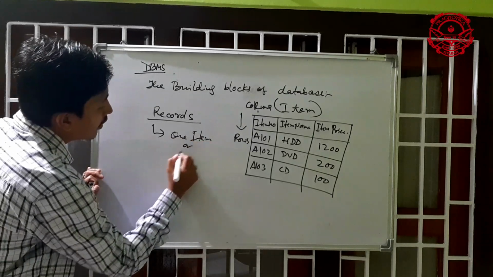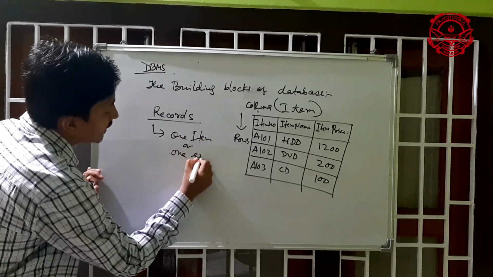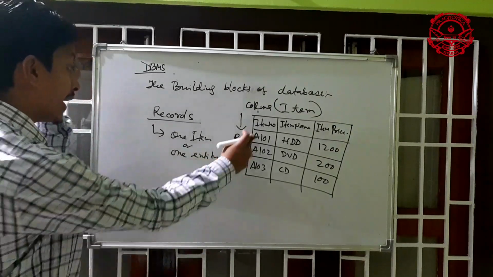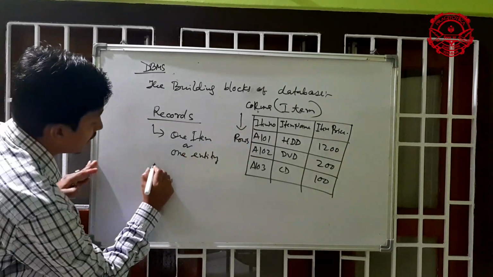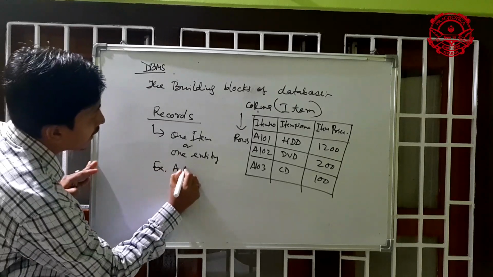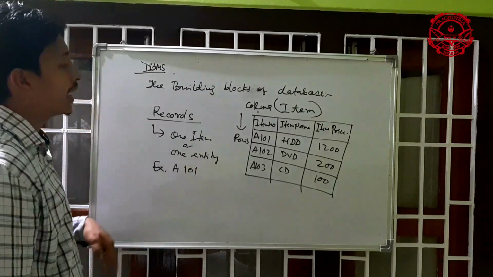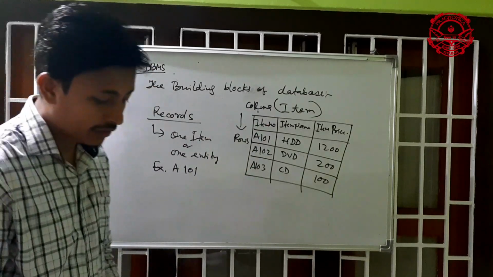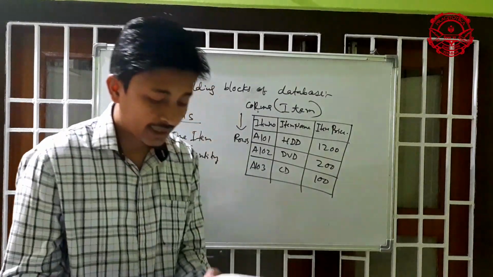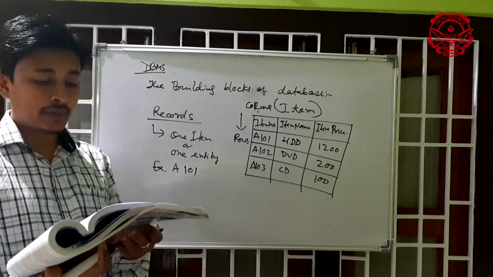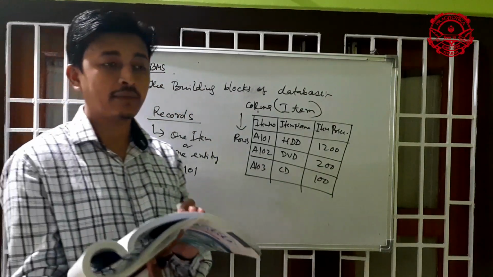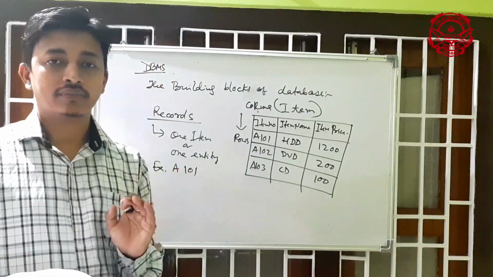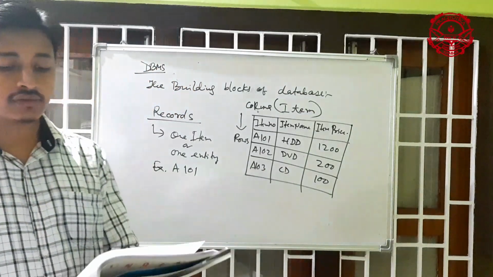Now see in the table example, A101 is a record of this table. All the information on one item, that is item A101, is a record. The term record refers to the rows,